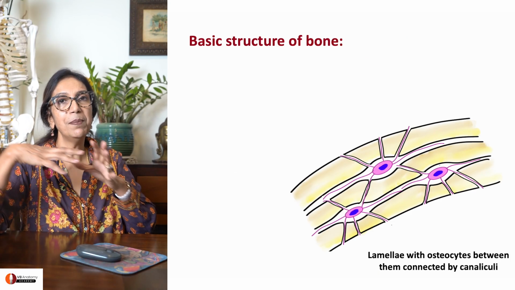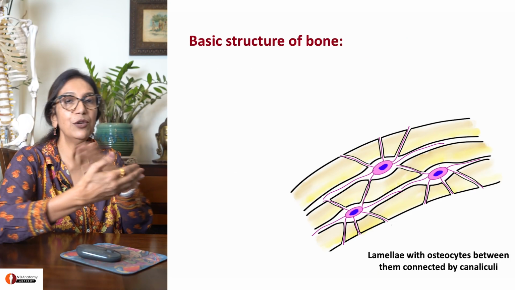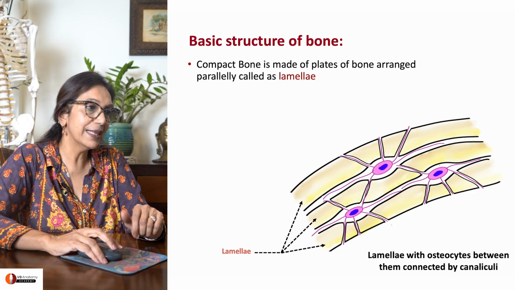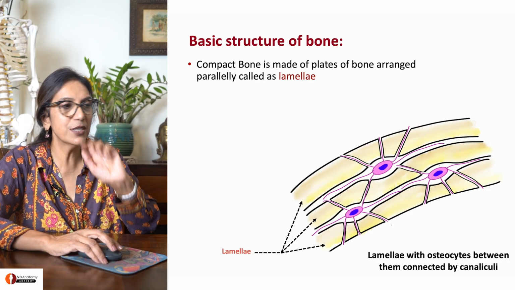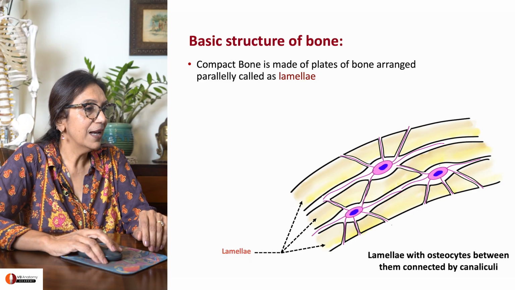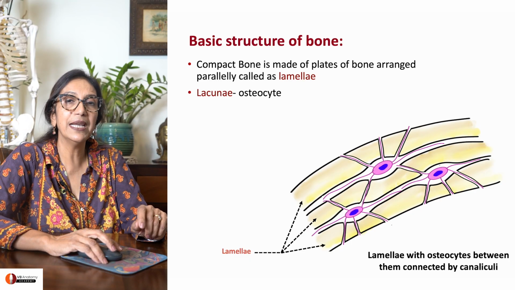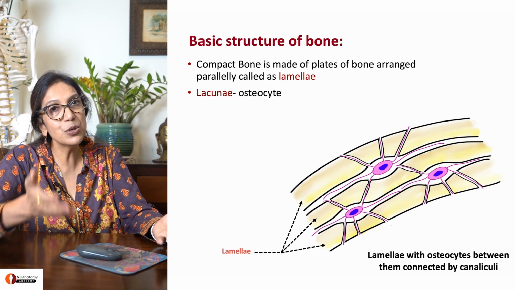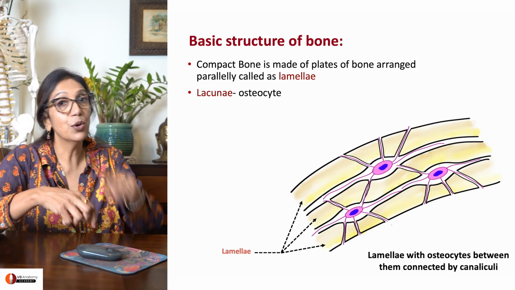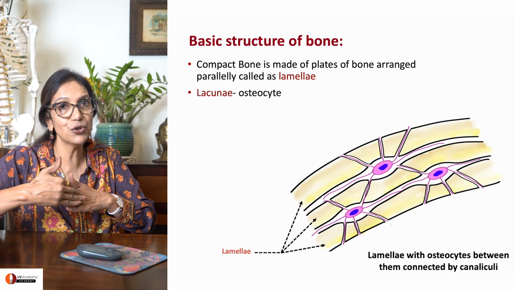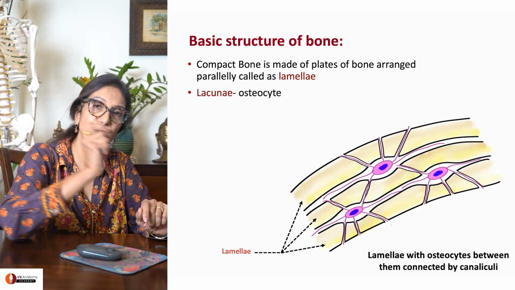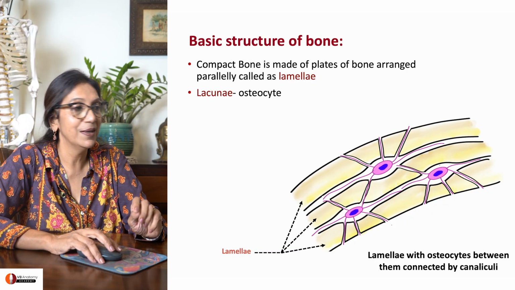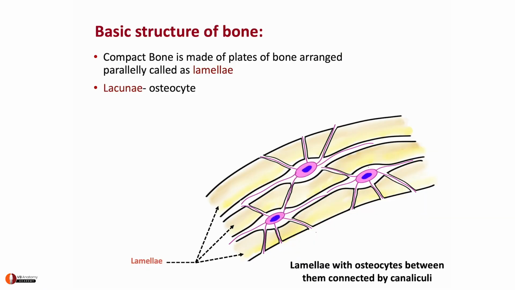We will now go to the basic structure of bone. I've already told you, bone is a lamellar structure, right? So you can see lamellae here, 3 lamellae, just for the sake of understanding. And you can see that between the lamellae, there are gaps called lacunae. And these gaps are, of course, occupied by osteocytes. Go back to that point when we discussed formation of bone. So lamellae with osteocytes stuck in between, but those osteocytes are formed in a gap. The gap is called a lacuna.